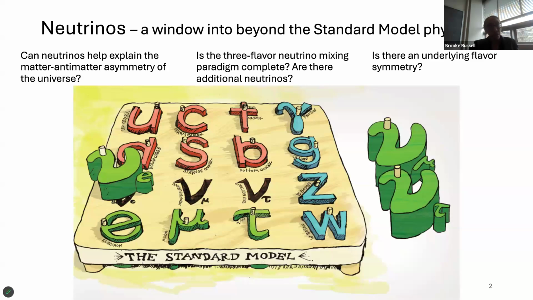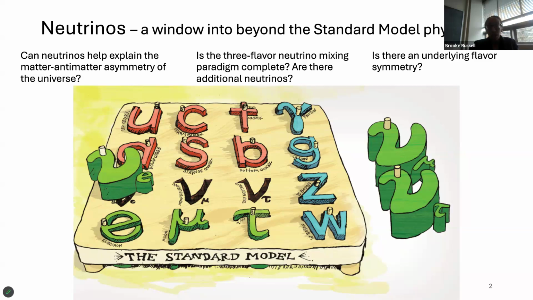We start with the standard model of particle physics, which is remarkably robust in the description of the fundamental building blocks and interactions that describe the universe. Although incredibly robust, we know the standard model is incomplete. In particular, neutrinos are described in the standard model as massless, chargeless leptons that interact through the weak force. However, we know from experimental observation that neutrinos are in fact massive.